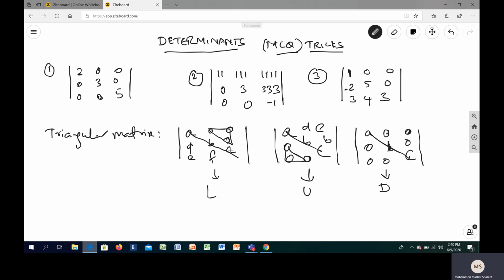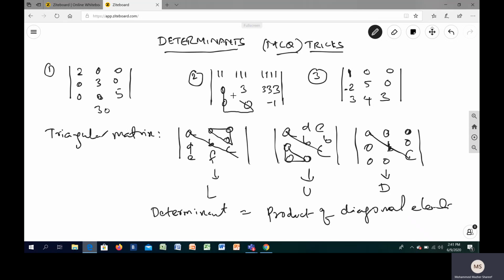So the trick is, whenever it's a triangular matrix formation, the simple logic to get the answer is that the determinant is nothing but the product of the diagonal elements. That's what I got over here. If you check, this is the diagonal matrix. Just multiply the elements irrespective of signs: 2 times 3 is 6, 6 times 5 is 30. That's what I said. See, I got the triangular formation below this diagonal, so my answer would be the product of this one, which is negative 33.